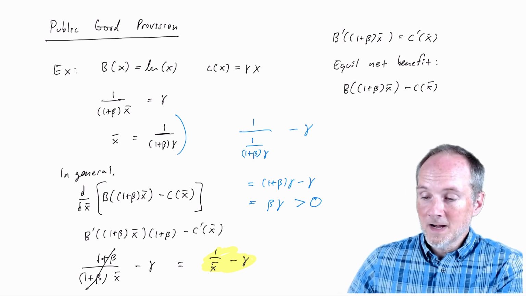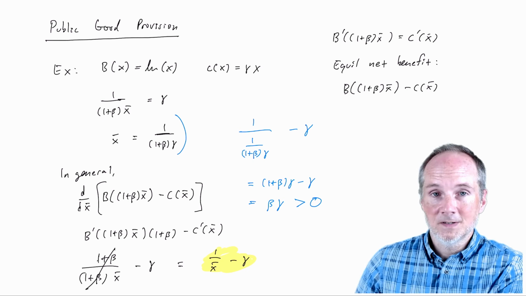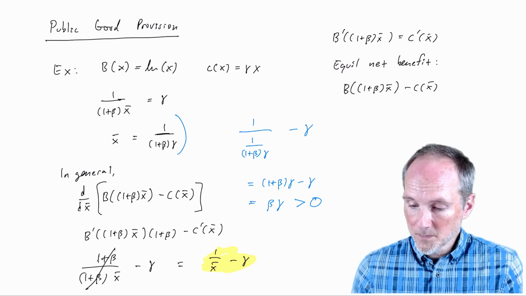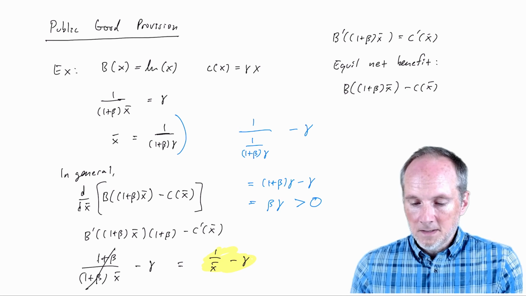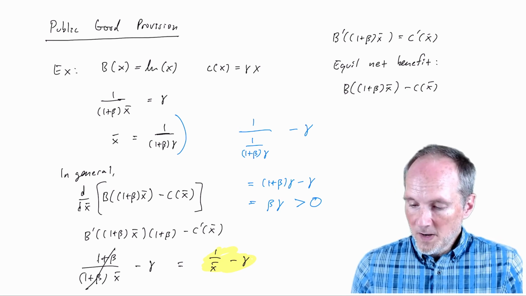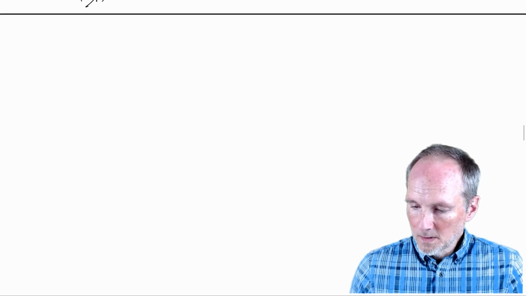Right? If the other guy were increasing their activity level, then I would just want to decrease mine. Okay, so let's talk about this in general now. I want to argue that in general, in this kind of situation, the equilibrium activity levels are going to be inefficiently low. So to do that, I'm going to consider